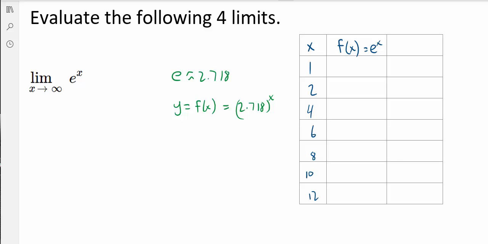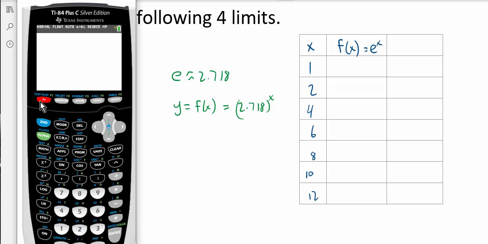Now let me go to my graphing calculator, and I'm going to press y equals. I'll press second and then the ln key for e raised to a power, and then type in x. Now I want to set my table up by pressing second window, and I prefer to go down and change the independent variable to ask, and then I can just type in the inputs as I see fit. So now that that's set up, if I press second graph, which is the table feature, I can now type